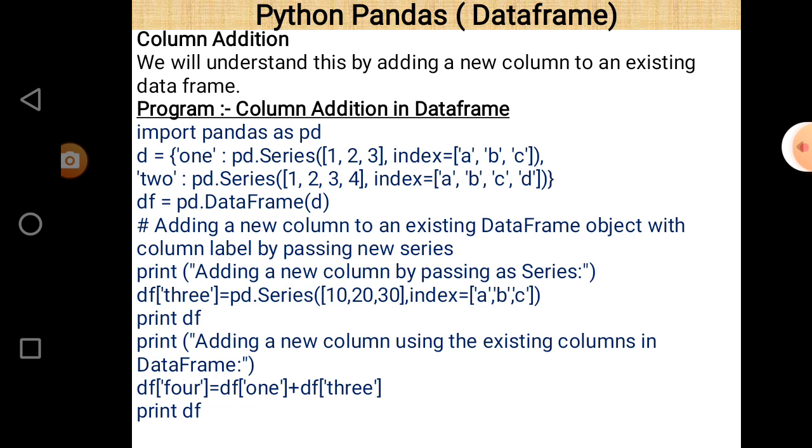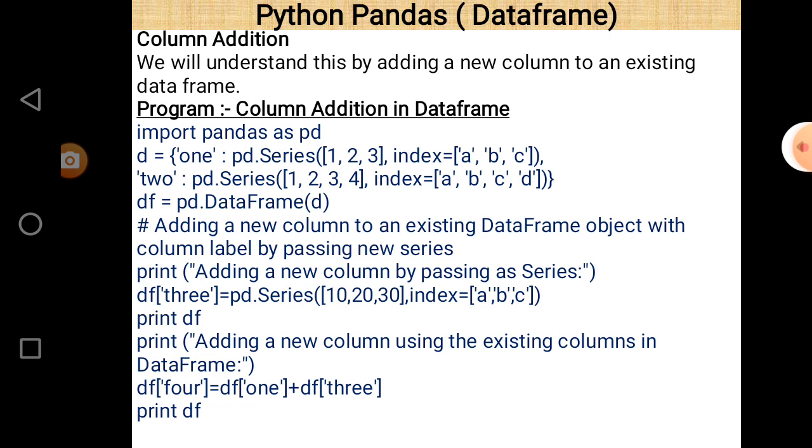So there is basically a declaration of a dictionary in which the keys work as column names, and if we don't declare an index then it is 0 by default, and elements are 1 2 3. One thing should be remembered, that if there is no element against any index value, then NaN will appear there, and NaN means not a number. The next line contains pd.DataFrame(d). So there is a declaration of a data frame using the dictionary mentioned above.